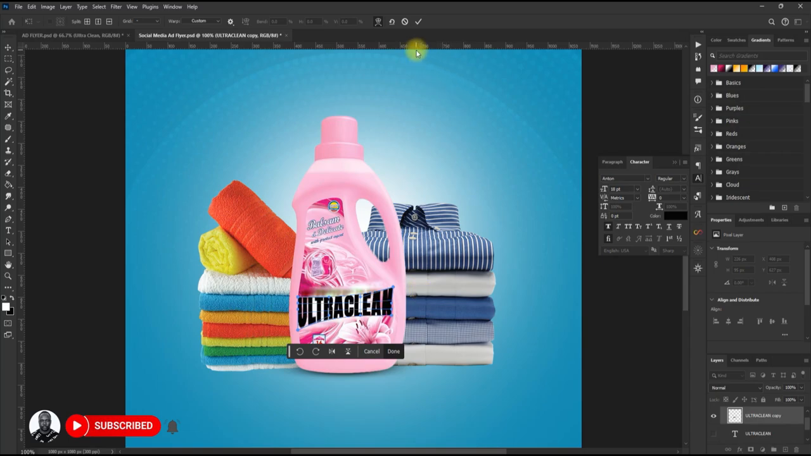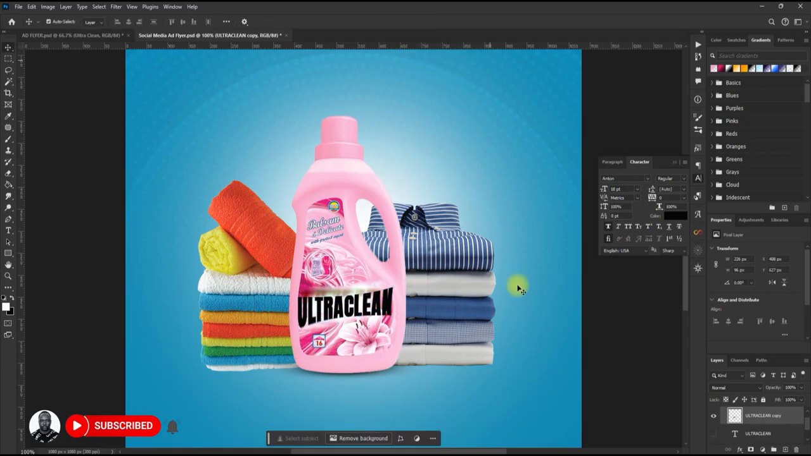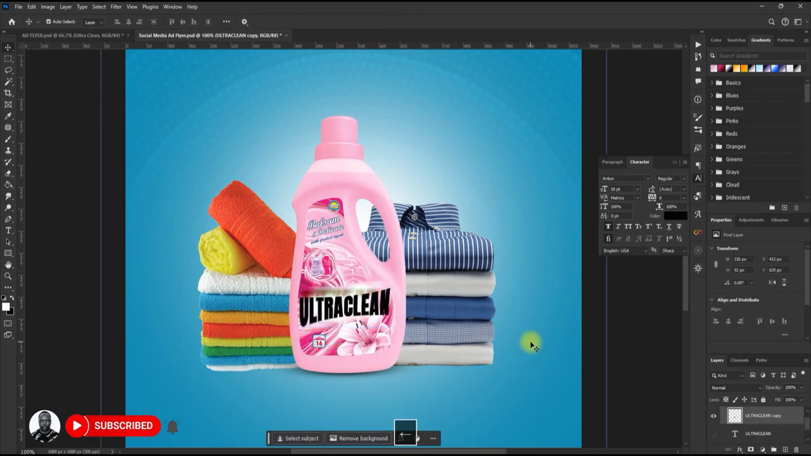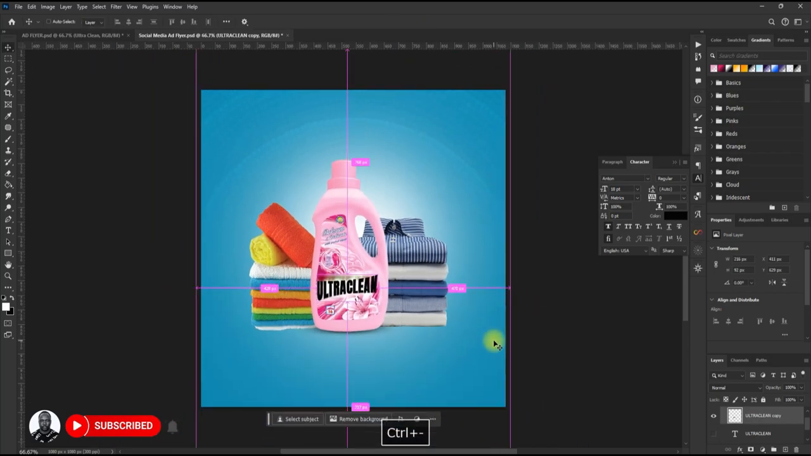Okay, and hit OK. Now let's reduce the size by pressing Ctrl T on your keyboard. Hold down Shift and Alt on your keyboard and drag it. Reduce the size. All right, so as you can see now, this font here, we can't change the color anymore. The reason is that it's already rasterized, and the only way we can change the color is by